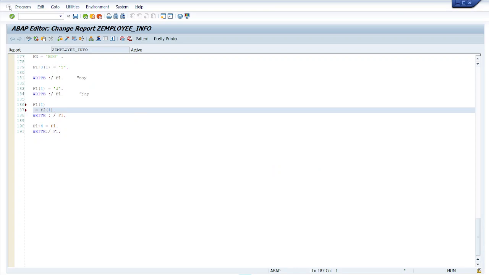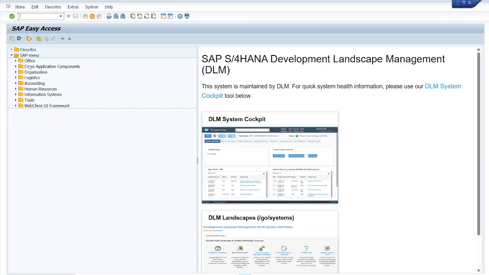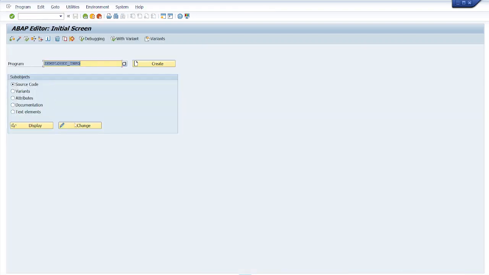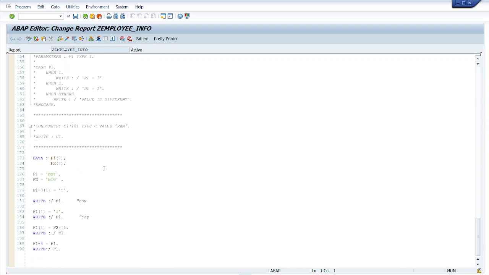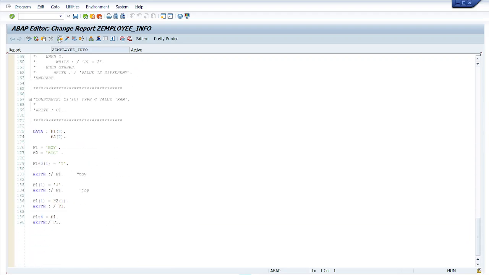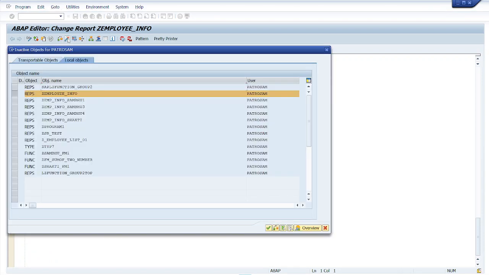I hope you understand the concept easily. So if you have any questions regarding offset and length, please comment it down in the video and I will revert back to you. So save the program, check syntax, activate